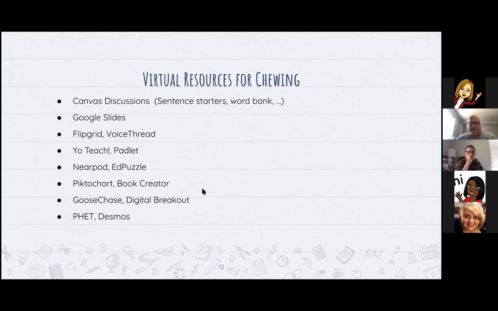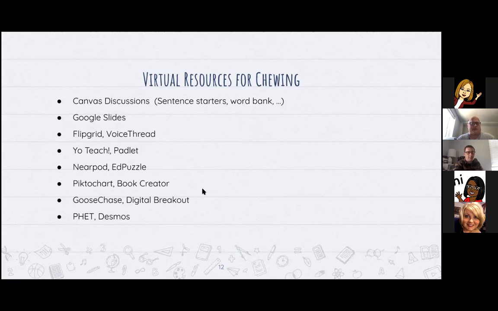It could summarize, could synthesize, all kinds of things going on there for them to again process that information from that latest chunk. Okay, and one of the key things to remember is with these two aspects, the chunk and the chew, are something that's probably going to be ongoing. Okay, so it's very possible in a lesson that you would ignite, chunk, chew,